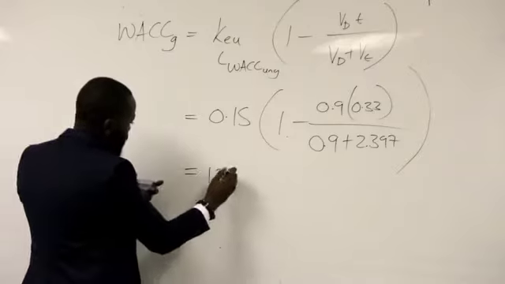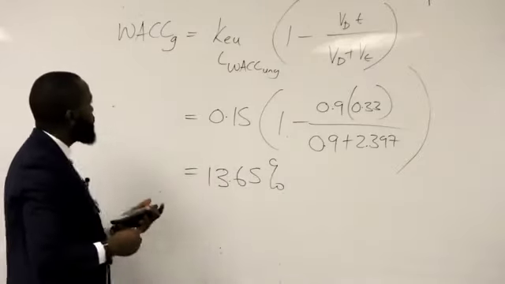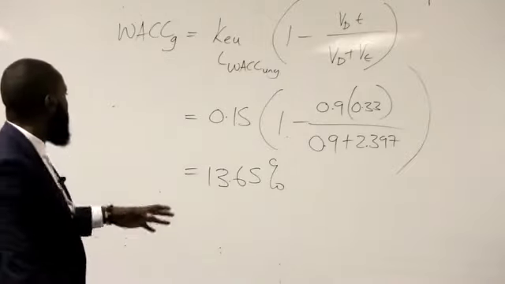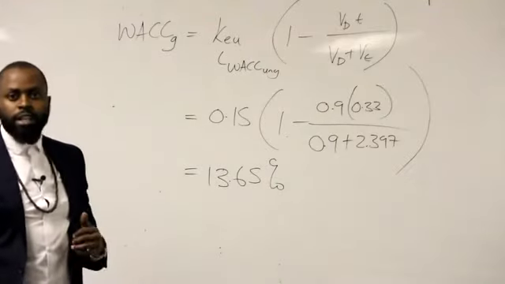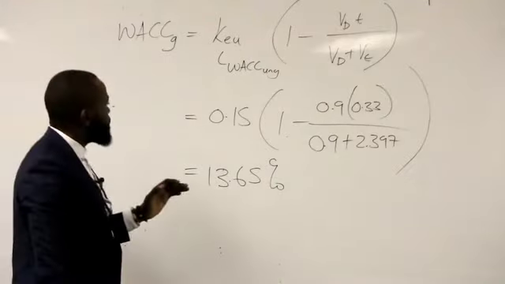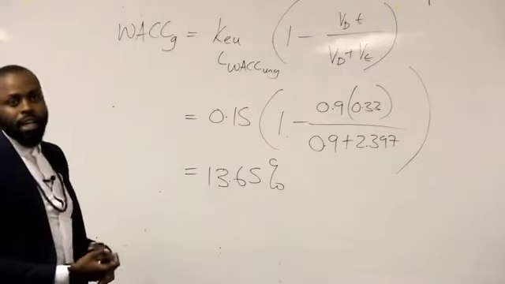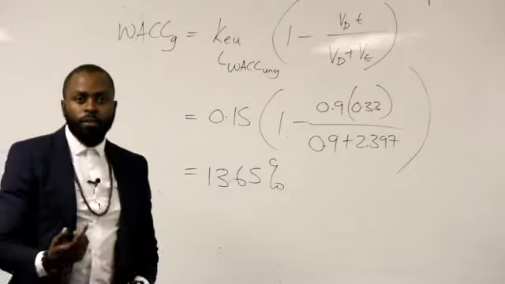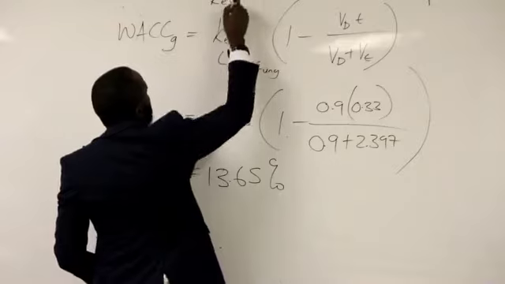Our weighted average cost of capital is 13.65%. The weighted average cost of capital in a geared company is lower than the weighted average cost of capital in an ungeared company. And this follows Modigliani and Miller with tax principles. If we introduce debt, debt has a higher downward impact than the upward impact from the cost of equity. From the previous question that we did, we noticed the cost of equity in a geared company was